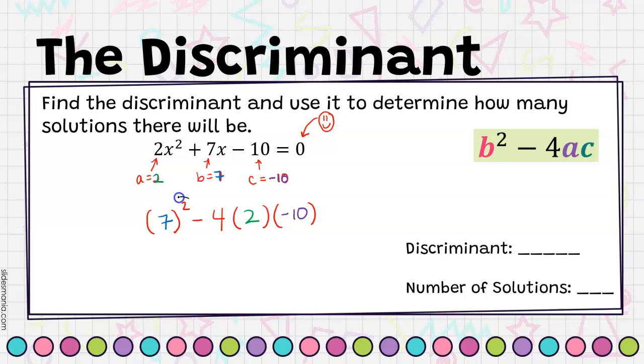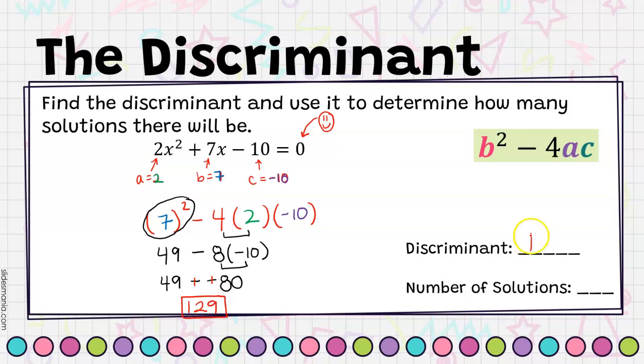The first thing that I would figure out would be 7 to the power of 2, or 7 times 7. That is 49. Then I am going to multiply. It doesn't matter which 2 we multiply, but I'll start with multiplying 4 and 2 together to give me 8. Well, I still have to multiply that by a negative 10. So now I have 49 minus 8 times negative 10, which is negative 80. And when I have minus a negative, that turns it into a plus. So this gives me 129. So the discriminant in this problem is